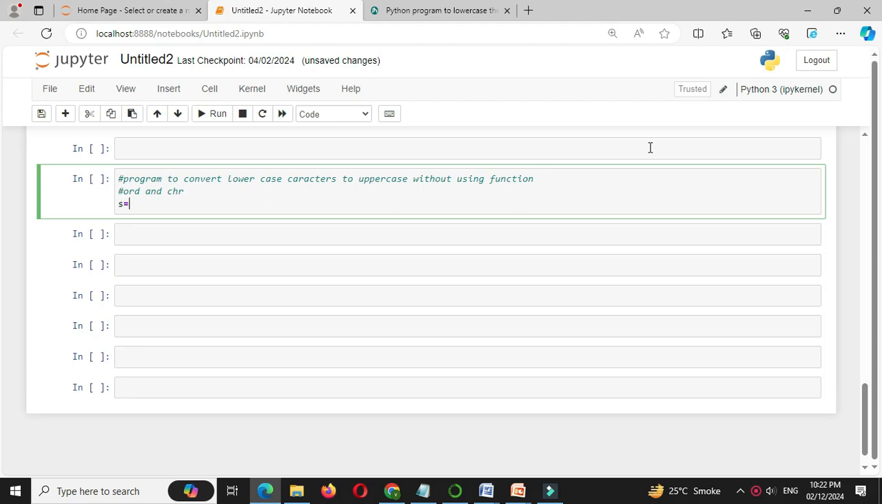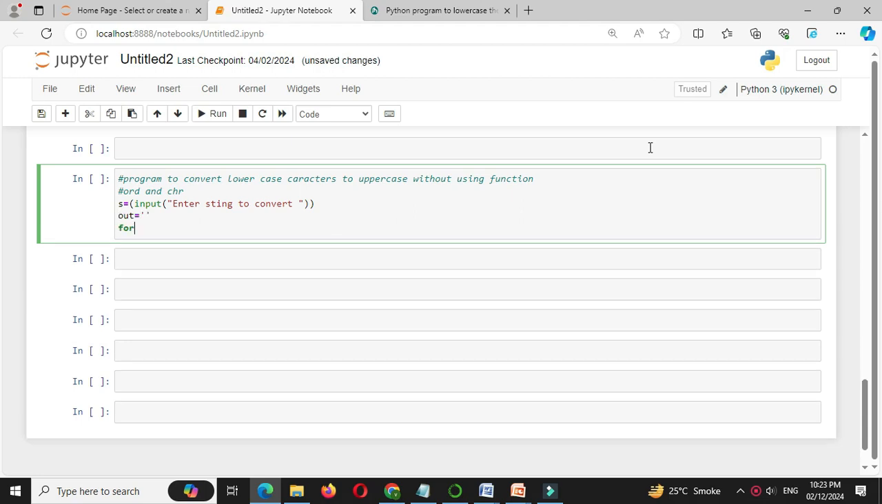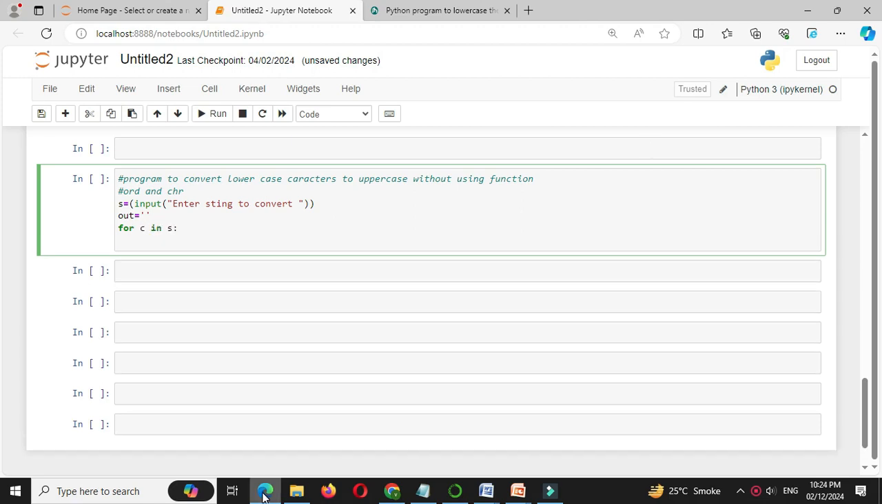So first we will accept a string from the user. So s equal to input, "Enter string to convert". Then we will declare another variable as a string, which is initialized with null. Then we will use a for loop to read each character from the string. So for c in s,